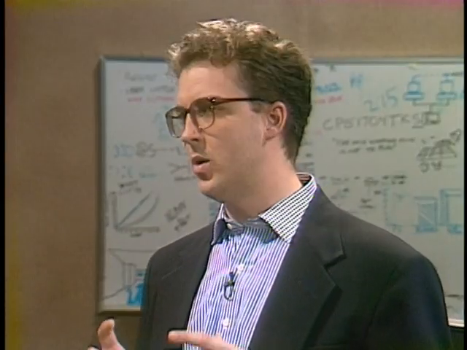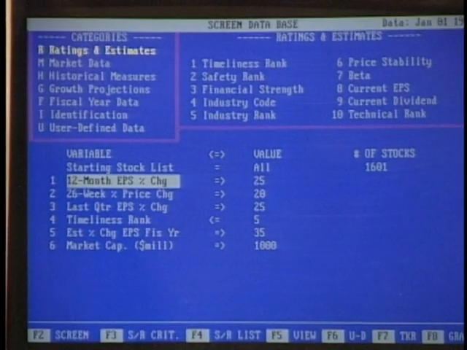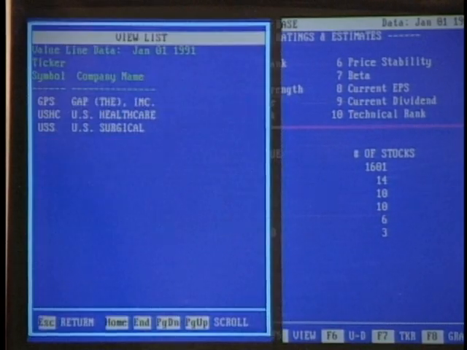Now, I've plugged some earnings-driven criteria into the computer in January 1991, and I want it to sort for these very profitable stocks. What I'm going to do to get it to sort is hit the F2 key. And boom, it did it. We went from 1,600 stocks to 3 stocks in that amount of time. It would have taken weeks to do it, obviously. So it's recommending 3 stocks we should have bought in January of 91.